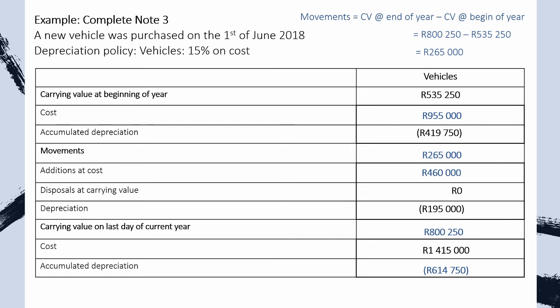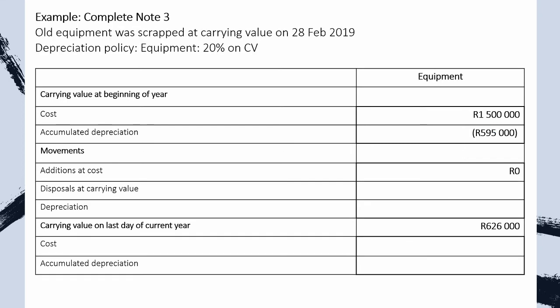Right, now we're done with vehicles. Now the last thing we have to move on to is equipment. They tell us old equipment was scrapped at a carrying value on the 28th of Feb 2019. They also tell us that there's a depreciation policy on equipment, which depreciates at 20% on the carrying value. Let's take a look again. They give us cost and accumulated depreciation at the beginning of the year, so we can calculate our carrying value at the beginning of the year. So we say cost minus accumulated depreciation, and that will give us